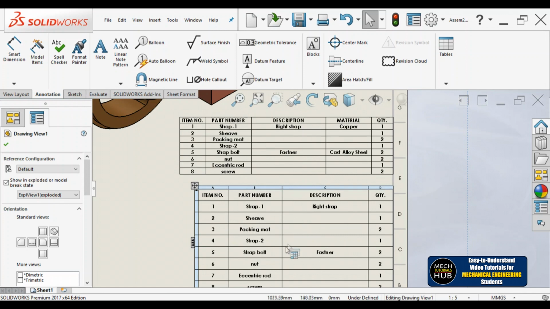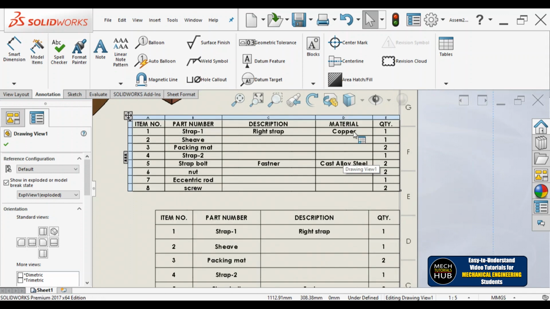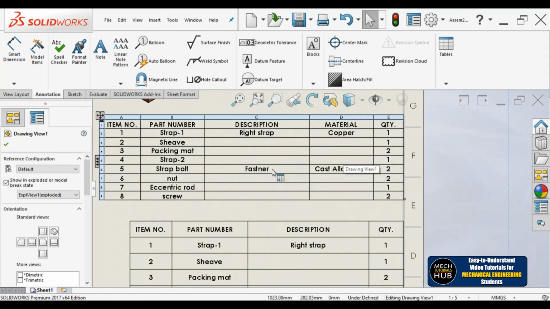Here, strap bolt, initially when I had taken the standard bill of materials, I had given the description and material also, but that material column is not available with this particular table. That is the reason we can't see it. Again I have selected one more bill of materials, where this time I have chosen a template which has a material column. So you can have a look here. Strap 1, description is right strap, material is copper.